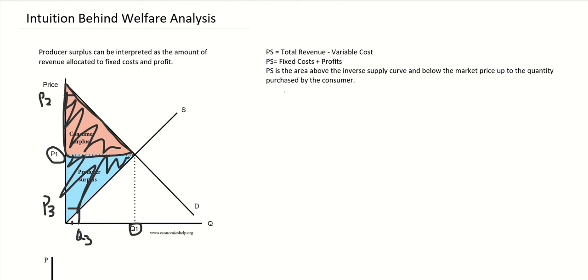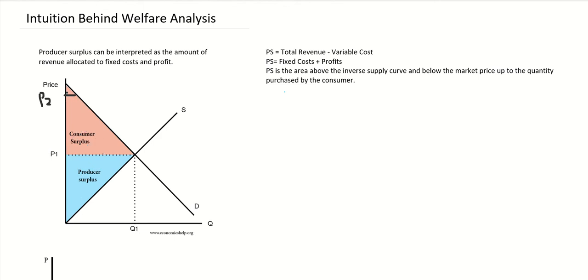So now I'm going to offer you an alternative explanation to help you understand what consumer surplus and producer surplus are. Here on the right hand side, you can see the formula outlined by myself. Here, the producer surplus, numerically speaking, can be represented by the total revenue minus variable costs. The total revenue is actually this